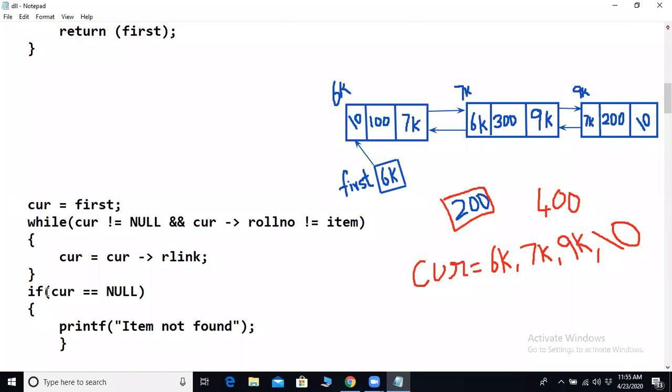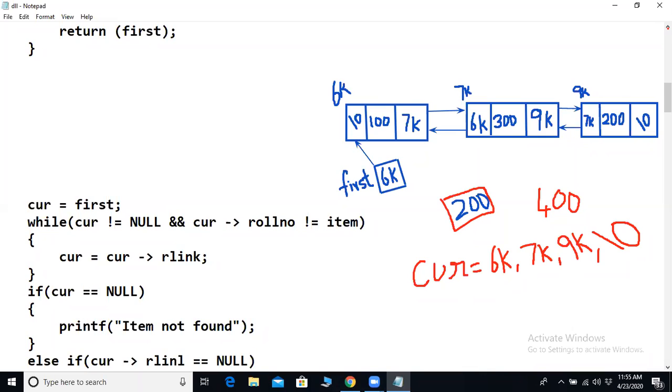Item not found. Right. Now, else if we put a condition, having come out of the while loop: else if cur->right link is equal to null.